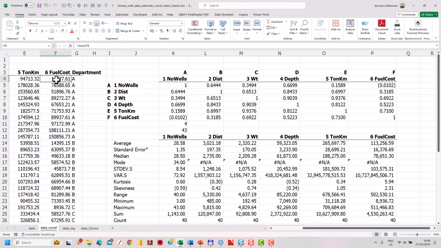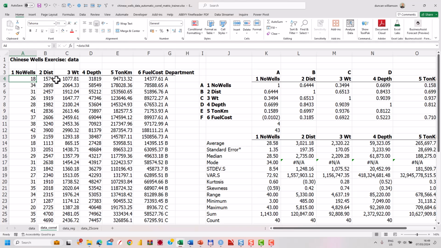And when I change my input data now, let's do the extreme change over here. Watch what happens. Anything that's correlated to number of wells in this schedule has changed, updated. Every aspect of that correlation matrix